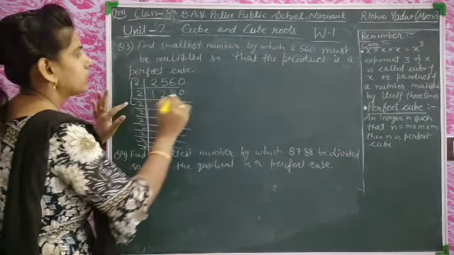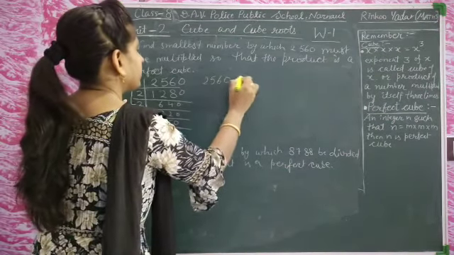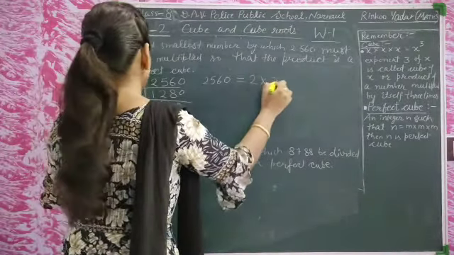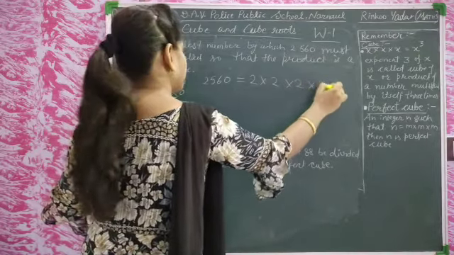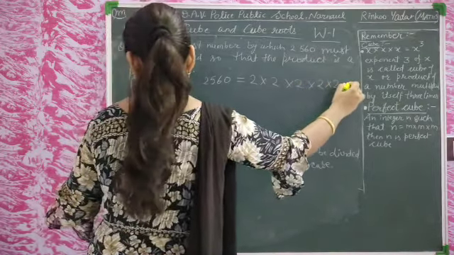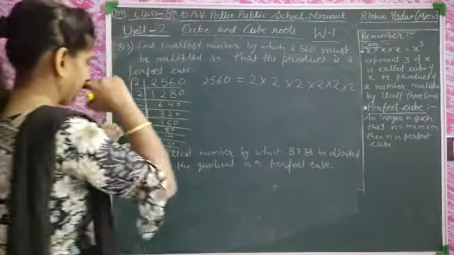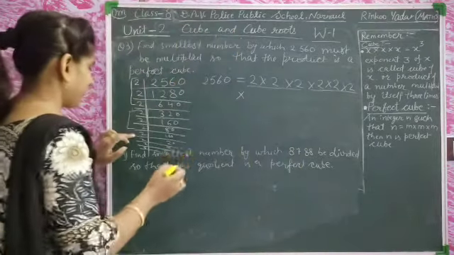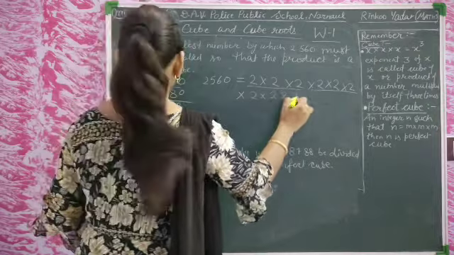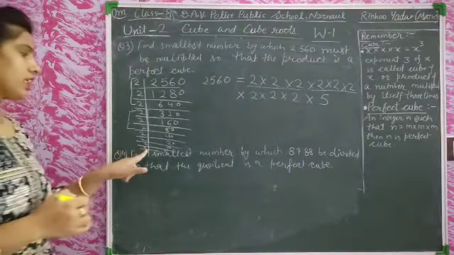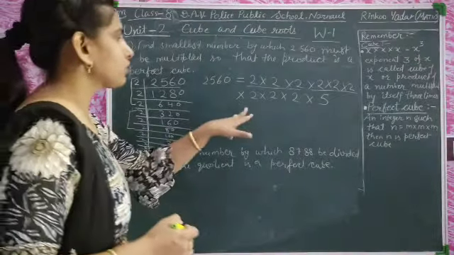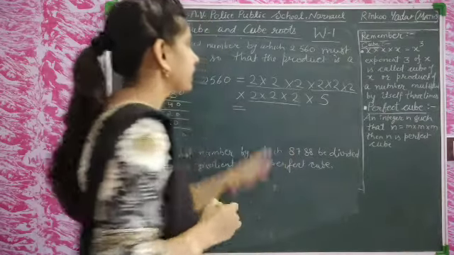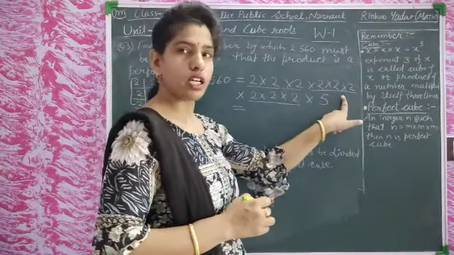There is the triplet here. The prime factorization of 2560 is 2 into 2 into 2 into 2 into 2 into 2. This is a triplet, and now multiplying 2 into 2 into 2, there is the last number, 5, here. So students, you are seeing there is a triplet, there is another triplet,